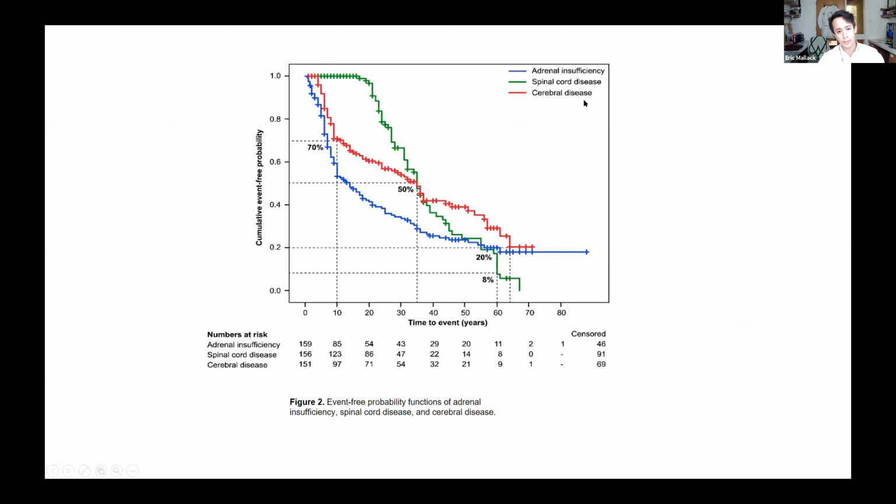Let me orient you to this red line here. This is really where we get the 30% number from. For the parents in the group, this is a Kaplan-Meier curve that looks at the proportion of patients over time who develop something. On the x-axis here is age. By 10 years old, you see the 70% mark. That means about 30% of the boys will have developed cerebral ALD by 10. That's where we get the number from.